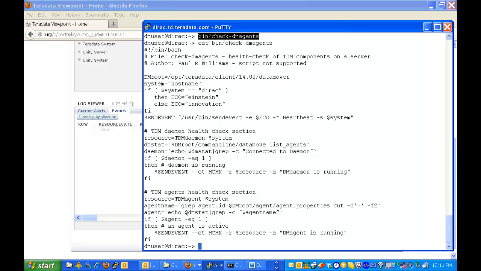And then we again execute the mstat and grep for the agent name appearing. If the agent name appears, we know it's been recognized, or it's connected, communicating with the daemon. And then we send a send event to say that it is running. That's all we have to do. And then back